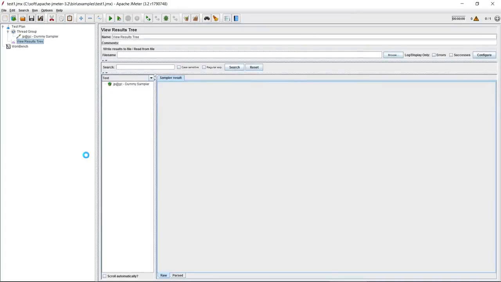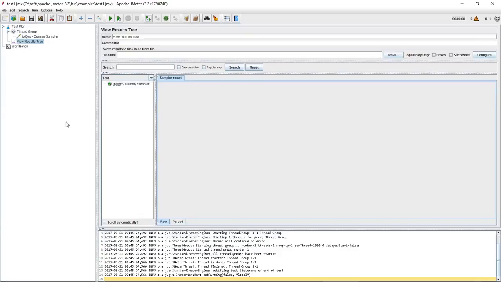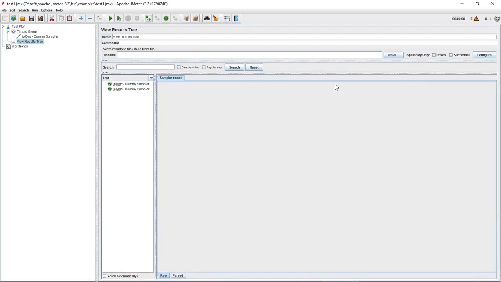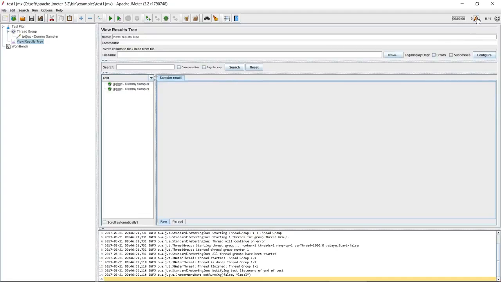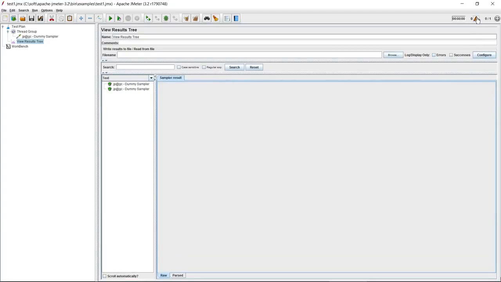Let's get back to JMeter. There's another way to view the JMeter log from the JMeter environment. Just open the Options menu and check Log Viewer. Below, you can see the JMeter log. Click on this entry again, and the view of the log closes. You can also click the icon with the exclamation point and the yellow triangle right here to toggle the log open and closed. And the number to the left of that icon indicates the number of errors and will actually